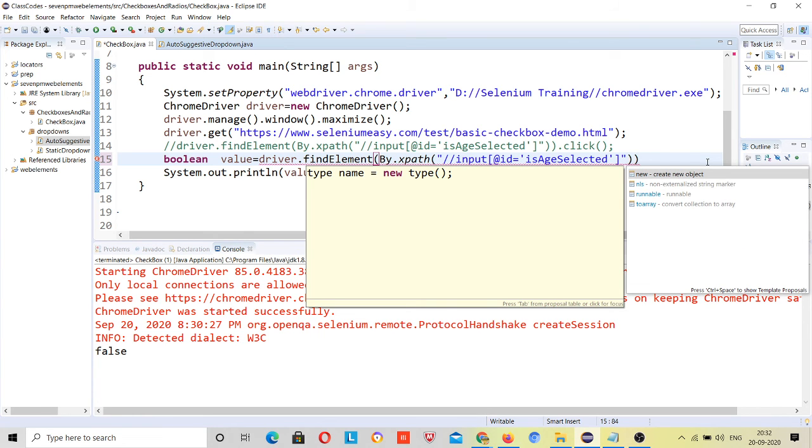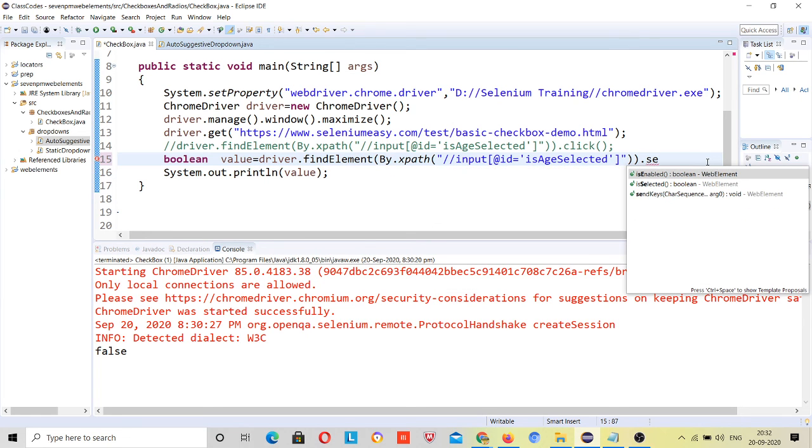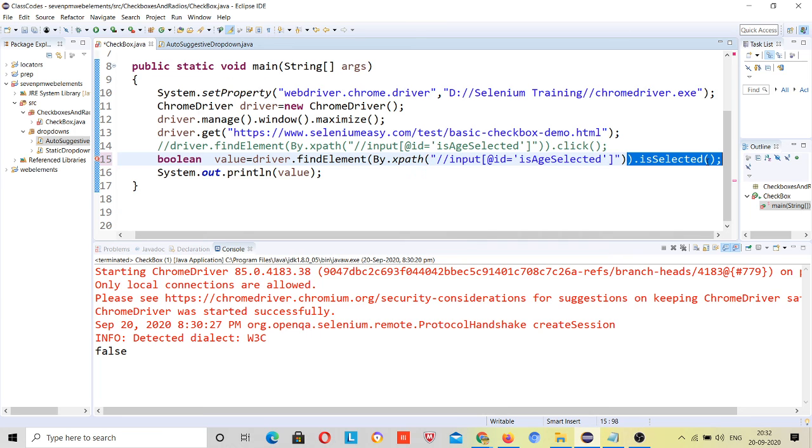Let's leave it as of now, then I will tell you with that particular attribute why it's giving an error. Then it should be selected, right?